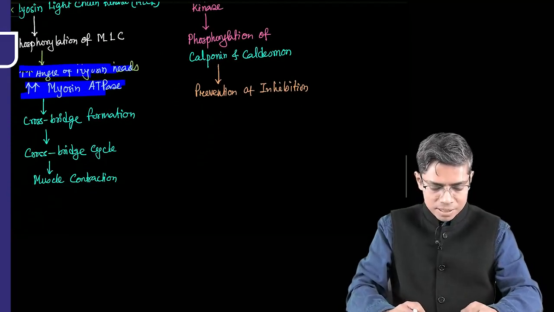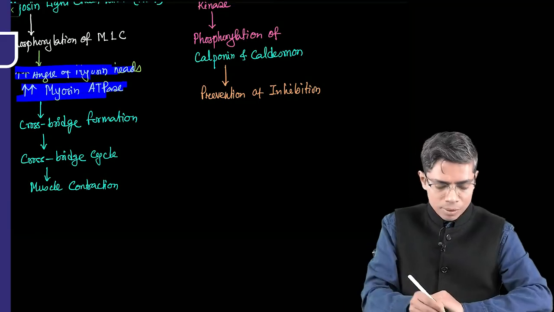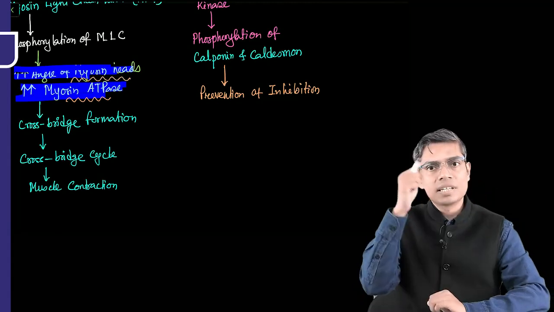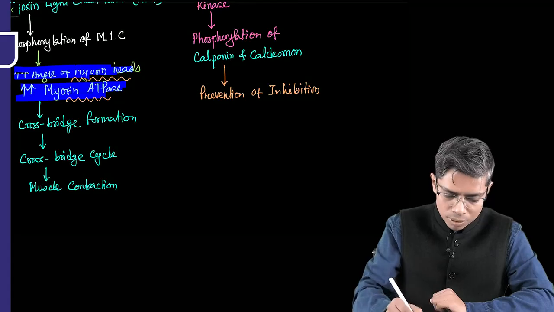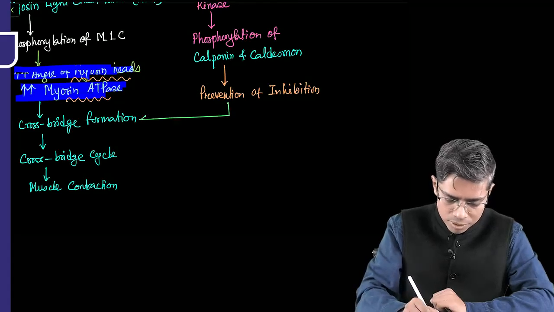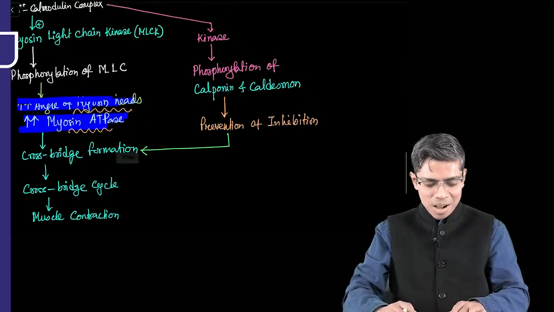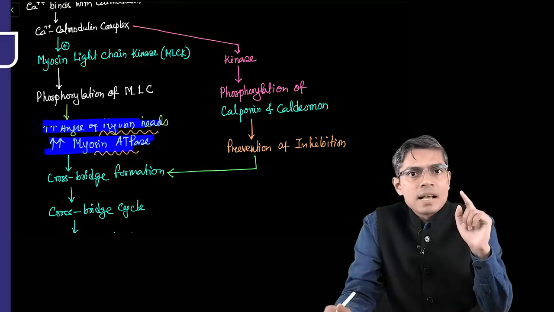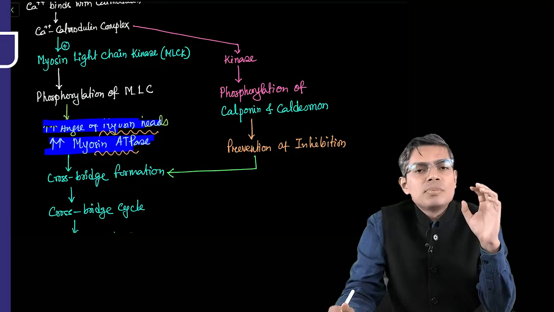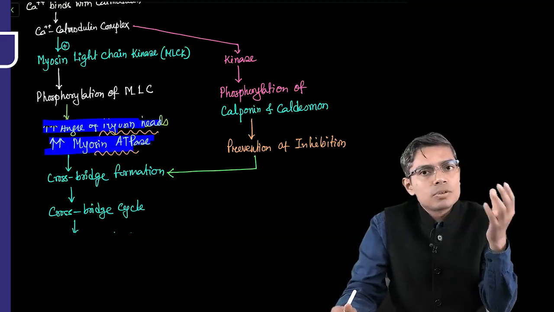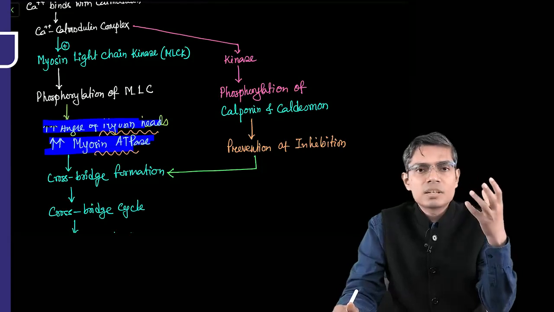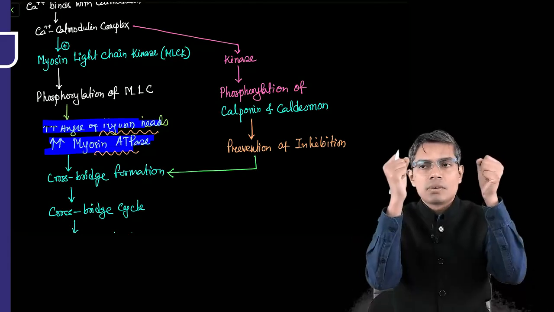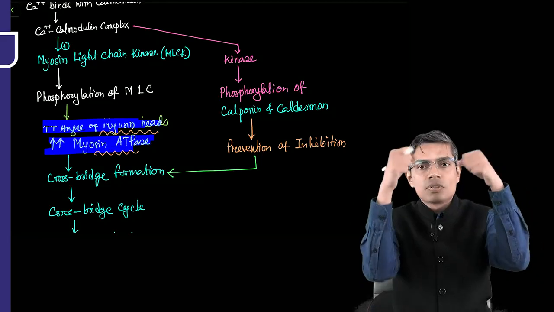Now, whenever this inhibition is removed, and whenever this myosin ATPase activity is high, and whenever this myosin head is already raised in angle, now all this will lead to cross bridge formation. So getting my point, how is the smooth muscle contraction happening? You have to cause phosphorylation of the myosin light chain, as well as you have to remove the inhibition. Removal of the inhibition of calponin and caldesmon is also done by phosphorylation, and phosphorylation of the myosin light chain is increasing the angle of myosin head, and that is causing cross bridge generation, and then cross bridge cycling is